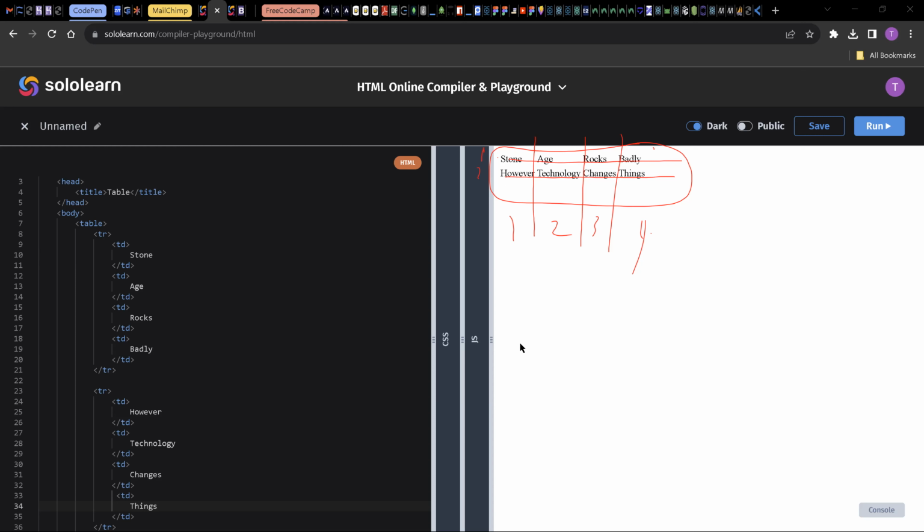Yes, Uncle. The TDs create more than one column. Yes, if you want to put it that way, I will agree with you. The series creates more than one column. So you can say this is the first column, the second column, the third column, and the fourth column. Right? But